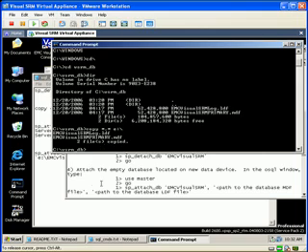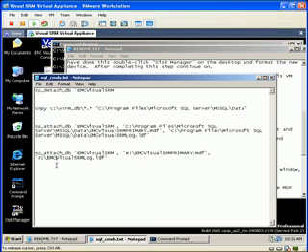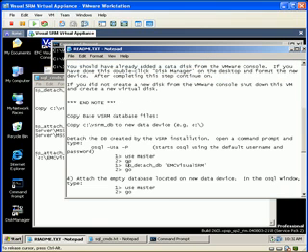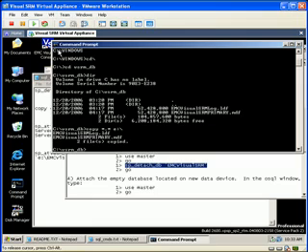Once that's been complete, we can then come over and detach the existing database. The way we do that is we go and do an sp_detach for Visual SRM. So I'm going to copy this real quick, and then we're going to open OSQL. The way we do that is OSQL, username SA, password SA,